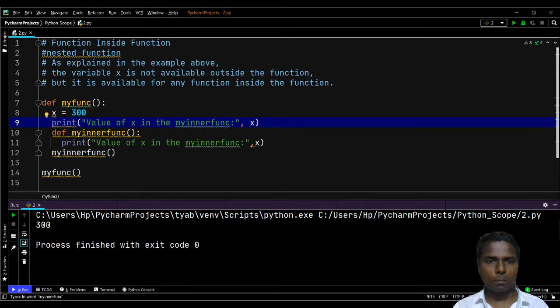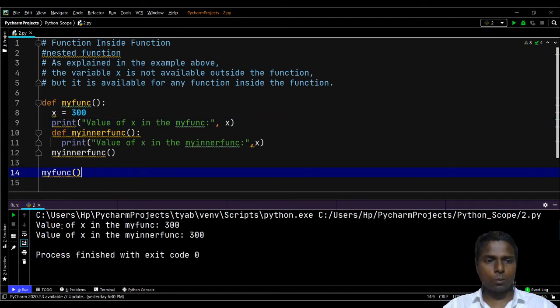And here I will write "value of x in my func". So the value of x in my func will be 300, and the value of x in my inner func will also be 300. That we'll see. So the value of x in my func is 300, and the value of x in my inner func is also 300.